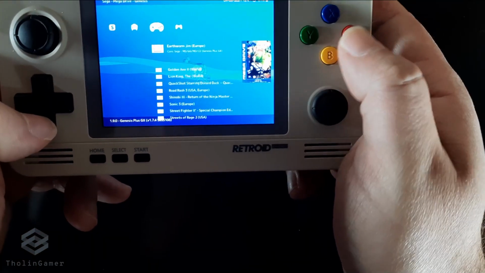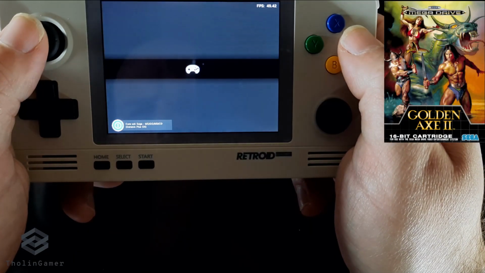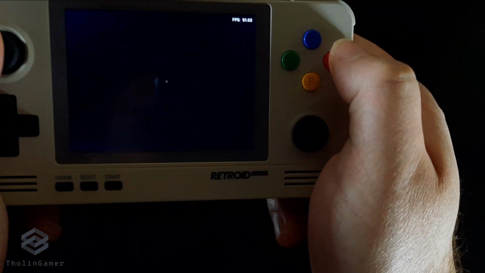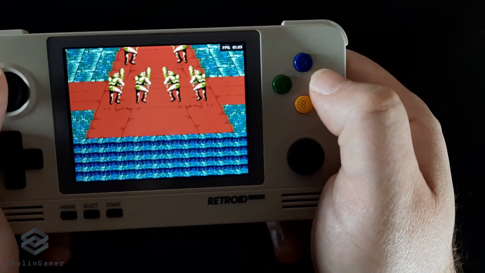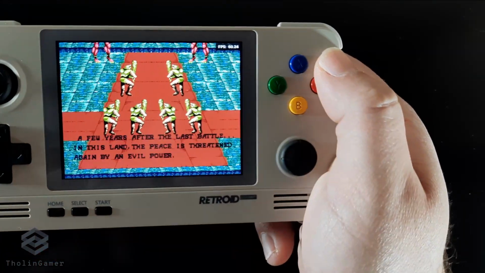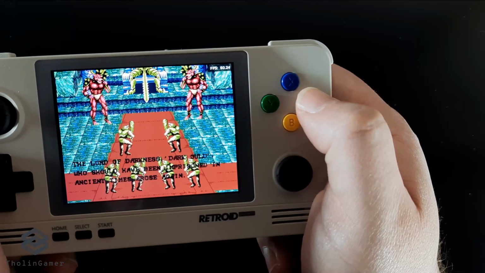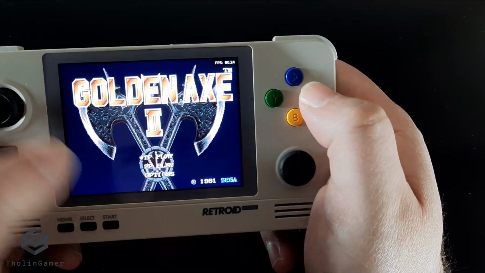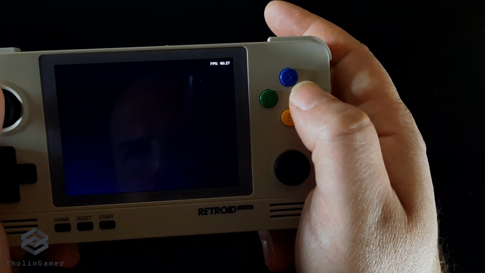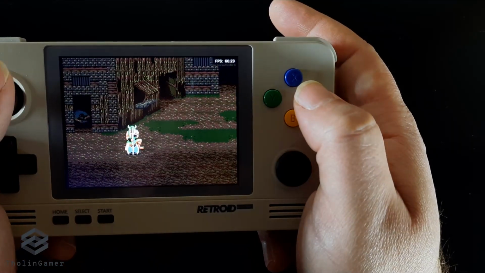Moving on, we have a Sega IP, and this is Golden Axe 2. This is the first home console release in the Golden Axe series, and it is a game from the early years of the Mega Drive's life. It was released in 1991, and it was the first sequel to Golden Axe, which was a very successful arcade game developed by Sega. Golden Axe 2 is a side-scrolling beat-em-up with a lot of hack and slash influence in it, set in a dark fantasy or medieval setting.